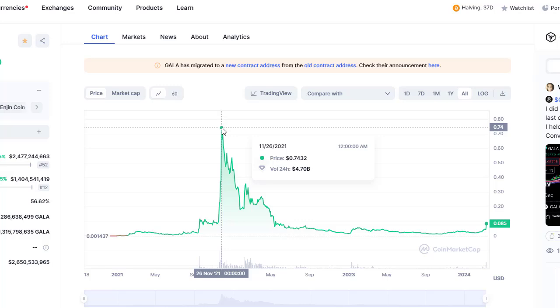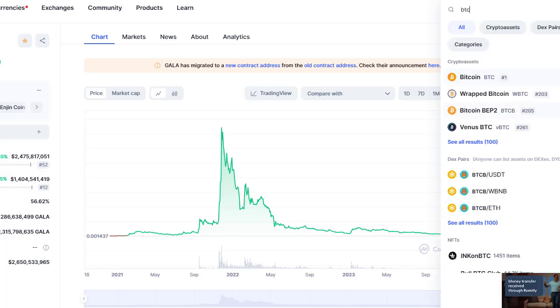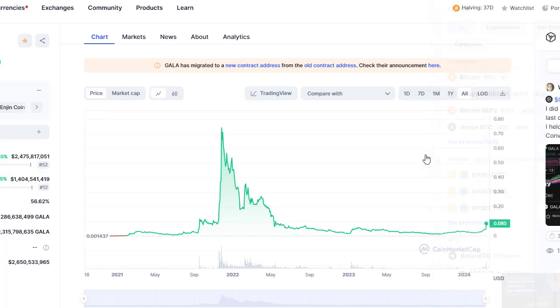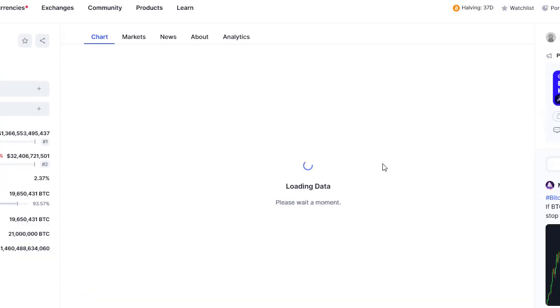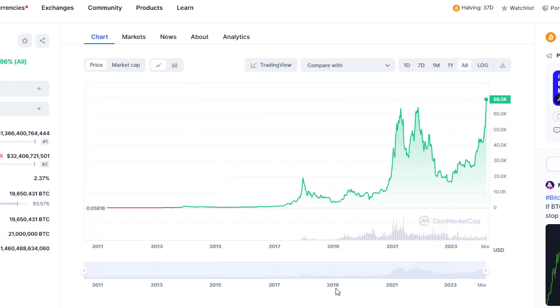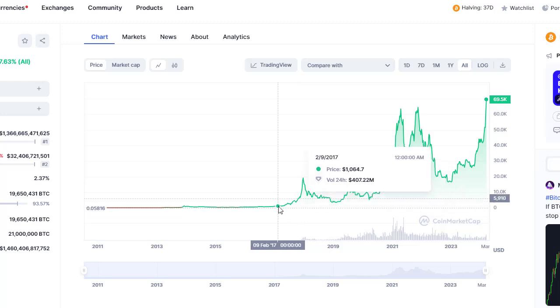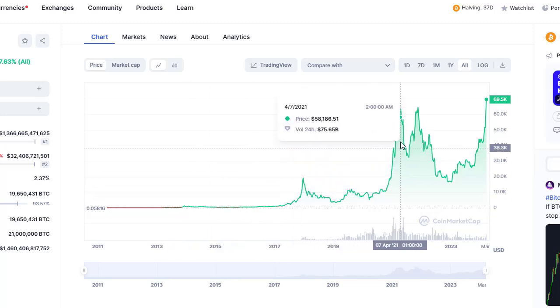And yes, it came crashing back down, but again, Bitcoin has just gone through all-time highs. Let's have a look at the Bitcoin chart. Things are going crazy. Warren Buffett has called it a casino-like market at the moment, which I'd probably agree with. However, there you go, we've got the same with Bitcoin here. You have various highs, you get a big peak, it drops down, big peak, drops down, big peak, drops down, big peak, drops down, and we are now into new territory.